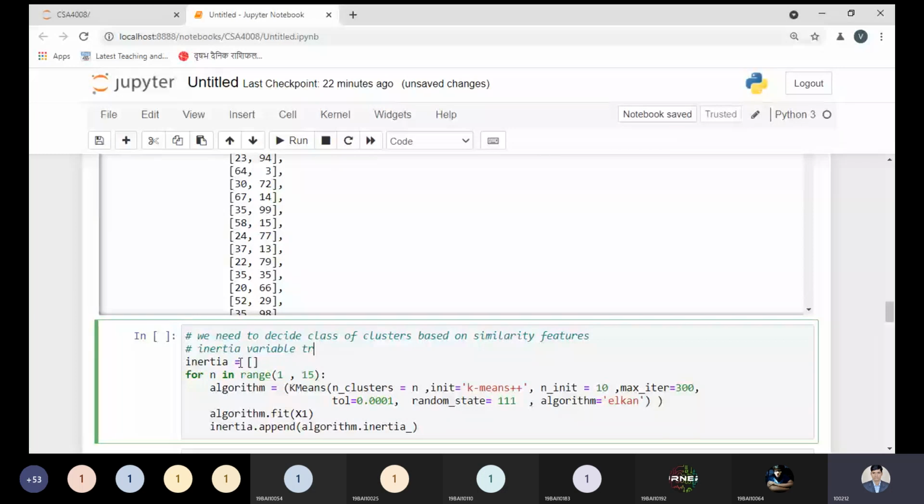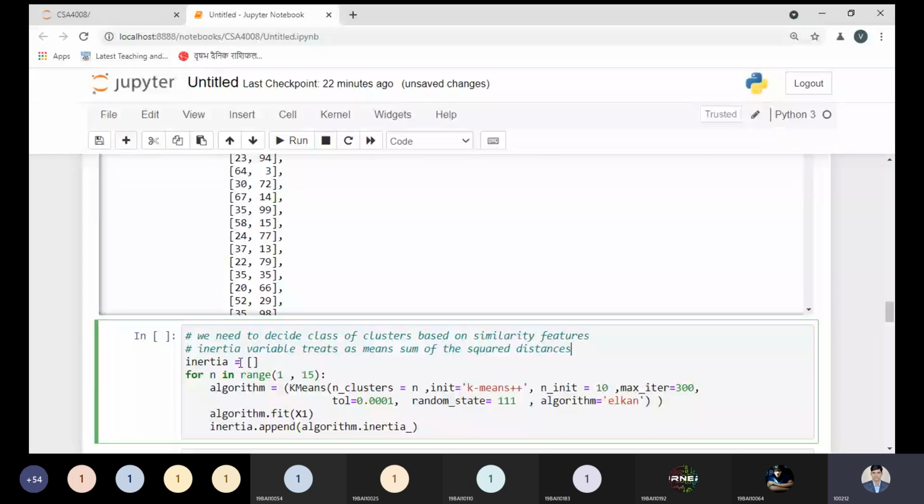The inertia variable treats as the sum of these distances, actually not error, but distances. And these distances will keep the information of the sum of the squared distances that we need to calculate by the means, and that mean will be managed by the centroid.